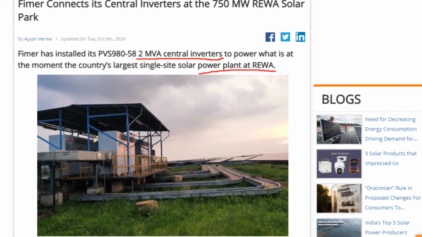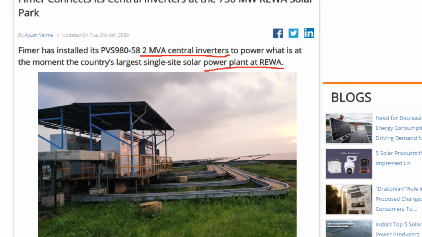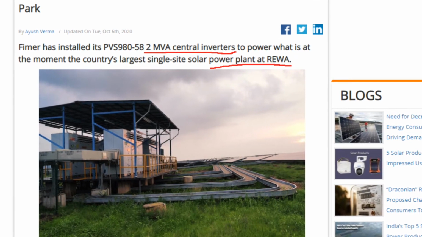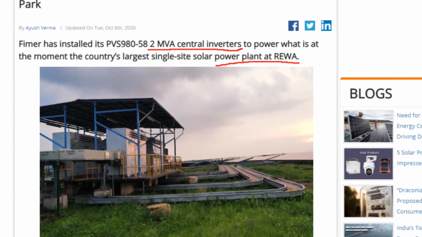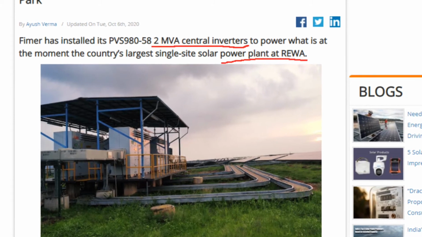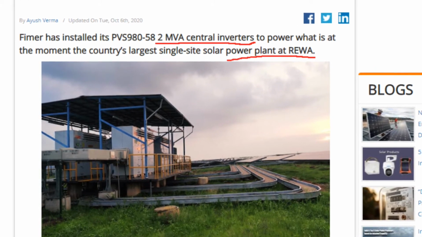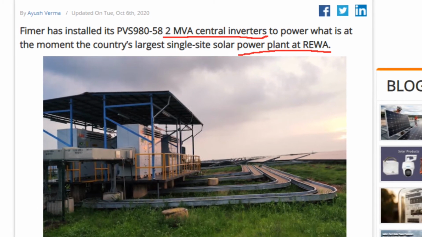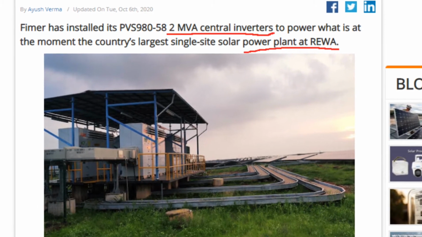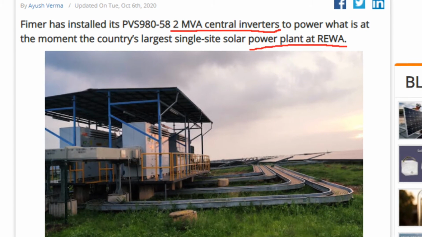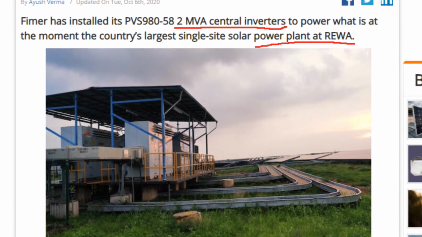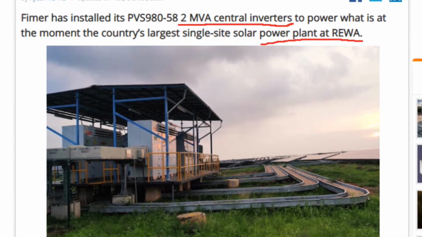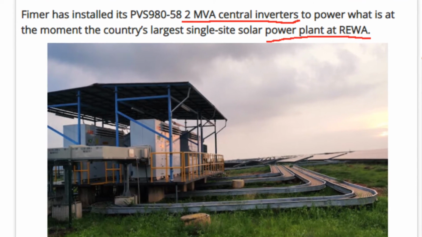Friends, Rewa Solar Park was recently inaugurated and it's the largest single site solar park in India. And this solar park I have already covered. You can go through that and you can see this central inverter here. It's a big inverter of approximately 2 megawatt, I mean 2 into 10 to the power 6 watt.